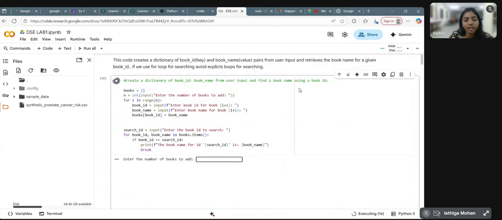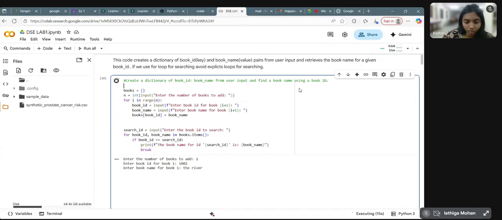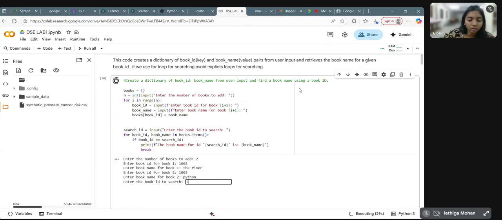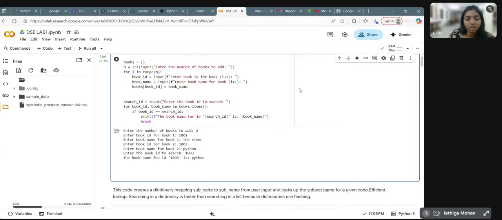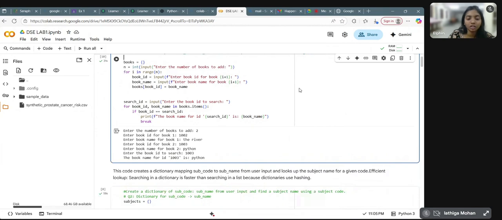It is asking to enter the number of books to add. So I'm placing here 2. Here it is asking to enter the book ID to search. So I'm placing here 1073. So it is showing book ID with name. Next,